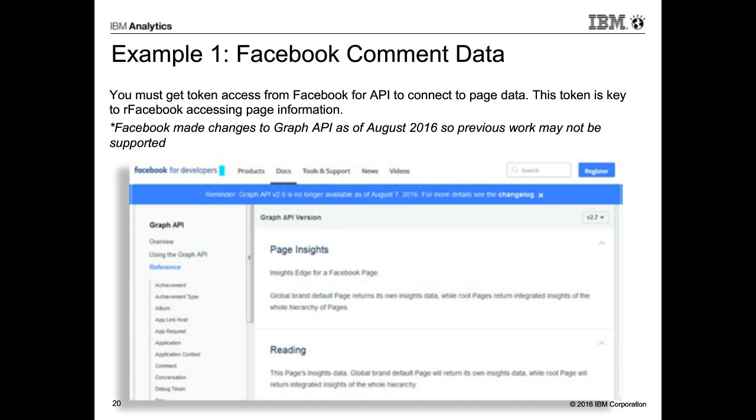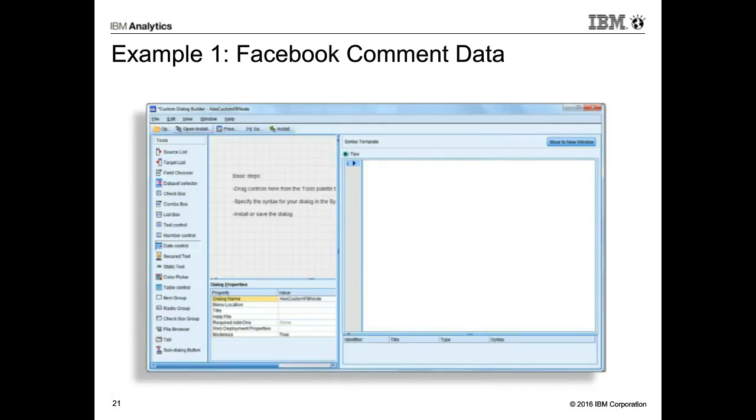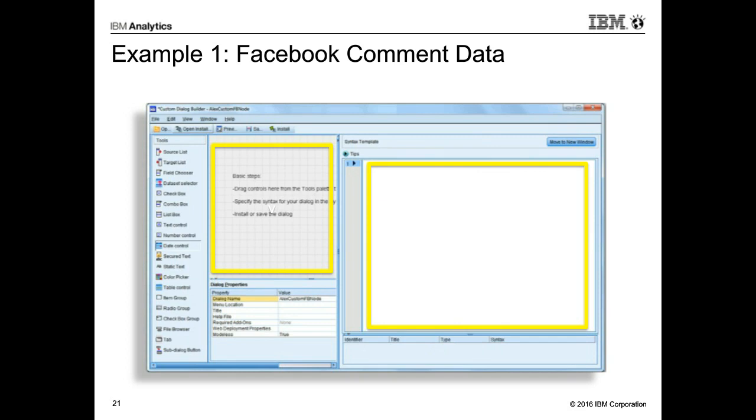So we were showing you a little bit before around how to build a custom dialog in SPSS Statistics. So when you're in Statistics and you open up the custom dialog builder, you'll get a box that looks like this, and it'll be a kind of a blank canvas on the right-hand side and the left-hand side. Kind of looks like a little graph line paper, and we can drag and drop a variety of commands to build the dialog box. Let me walk through what I did. So that's where we drag our commands, and on the right-hand side is where we're actually going to put our